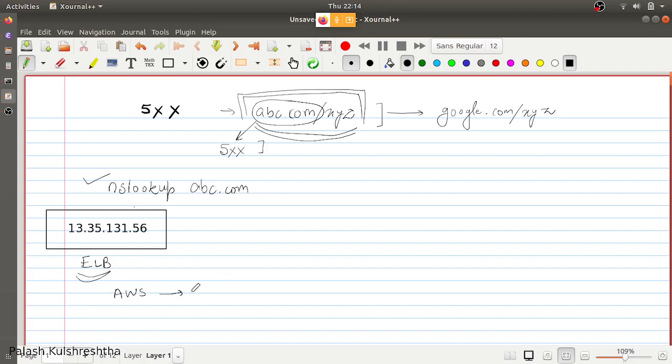Then we are going to go to EC2. EC2 is Elastic Compute Cloud, the compute service provided by AWS. In EC2, we are going to go to the option Network Interfaces, and from there we are going to search this IP, 13.35.131.56.